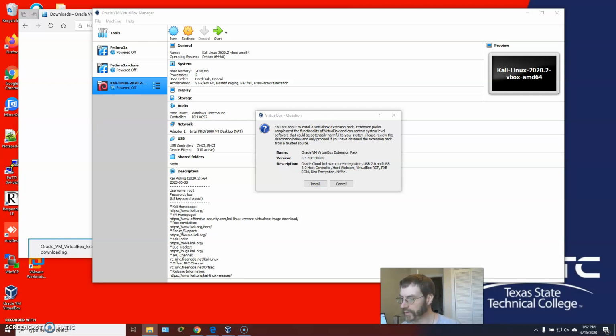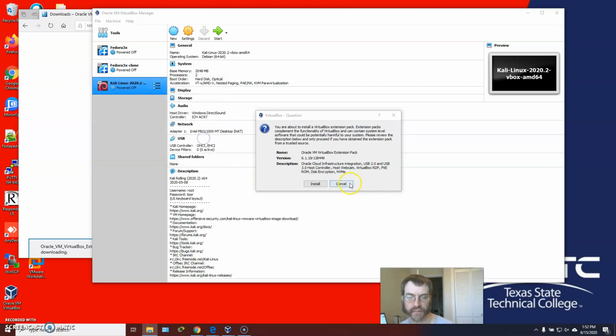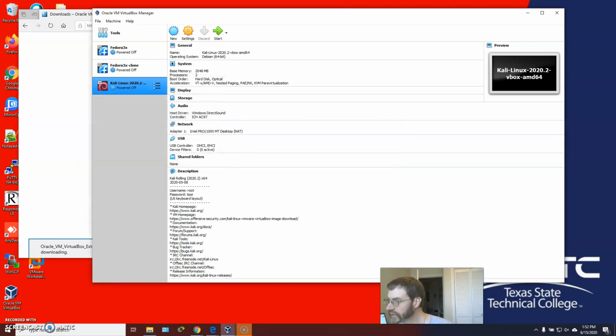It's not an executable file. Actually, let me do view, file name extensions. So it's a .vbox-extpack. Actually, you know what? Let me move this into another directory. Actually, I'm going to cancel this. I'm going to move this. I want to show you all this without